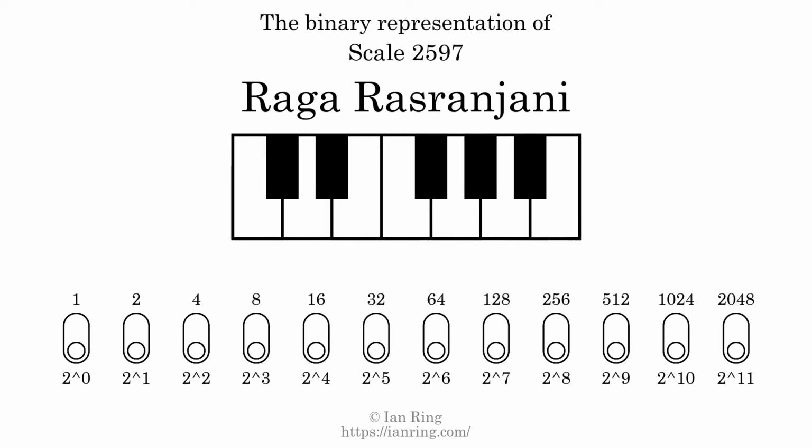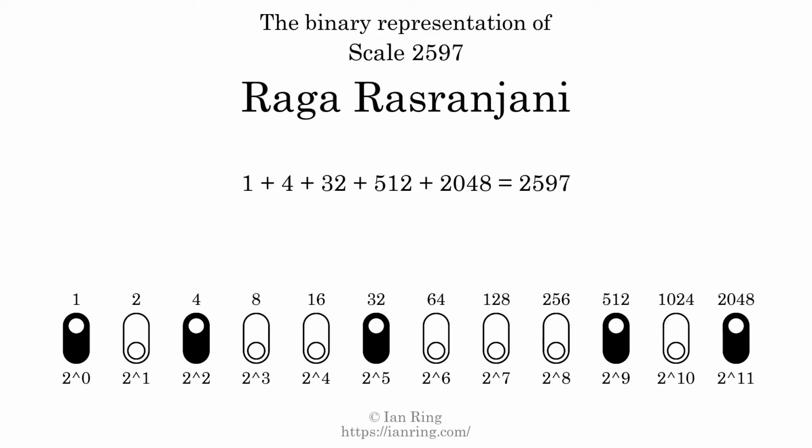The binary representation of this scale is determined by mapping tones of the scale to binary digits. Each binary digit represents a power of 2. To get the scale number, we add the powers of 2 together. The powers of 2 that are present in the scale, all added together, equals 2597. That is why the scale number, in decimal, is